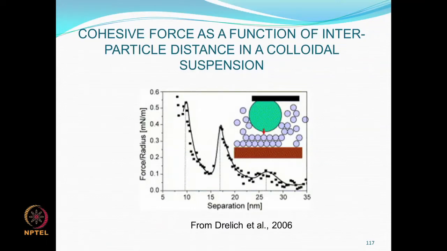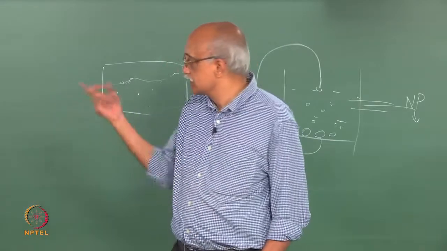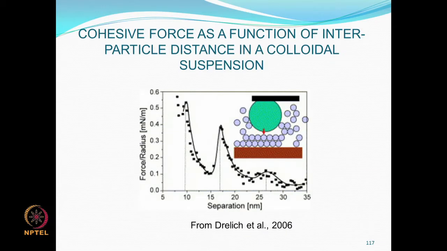So, we have looked at cohesive force earlier in this course, and there is actually a dependence. If you plot all the different forces that we listed earlier and you plot the total of cohesive force as a function of distance of separation between two particles, this is the kind of curve that you will get. There are two peaks. There is one when the distance of separation is very small, and there is another peak that happens when the separation distance is a little longer, but eventually the force decreases to an asymptotic value which